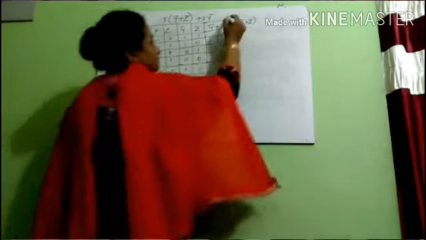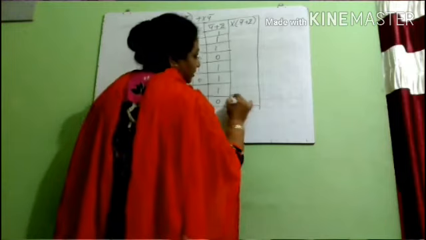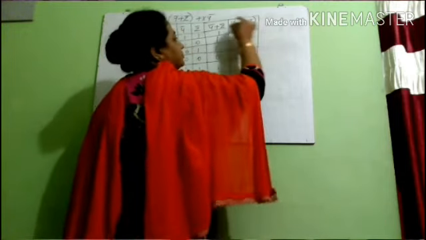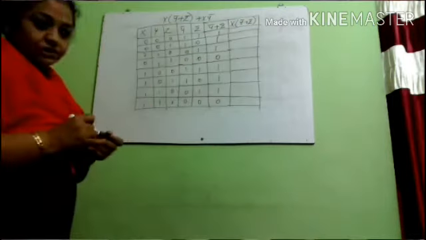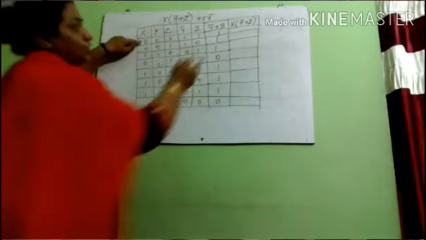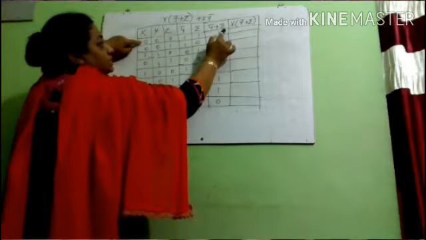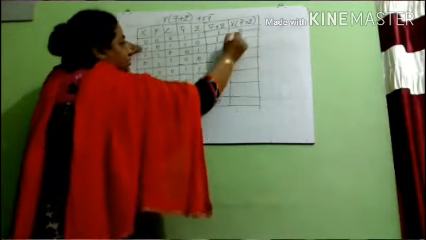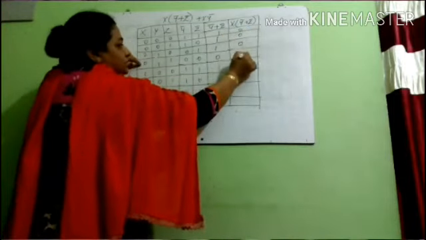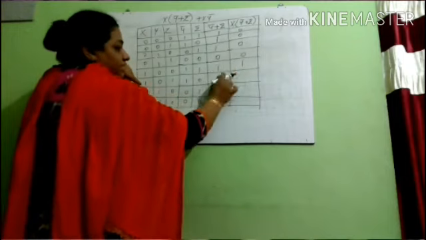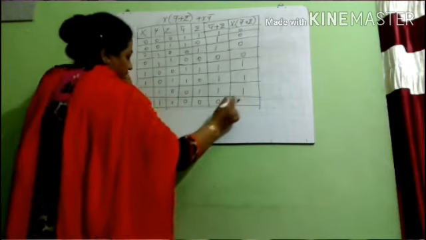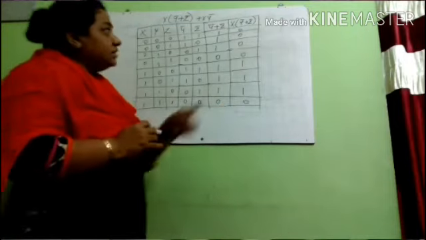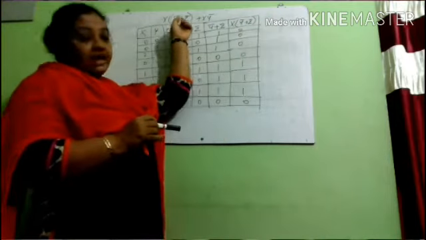Now we have got this y bar plus z bar. Let us combine this with x. These two have to be ANDed, so x ANDed with y bar plus z bar. Even if there is no dot, a bracket means we need to multiply. We have to perform the logical multiplication, that is the AND operation. So now x means this column, and y bar plus z bar means this column. These two have to be ANDed.